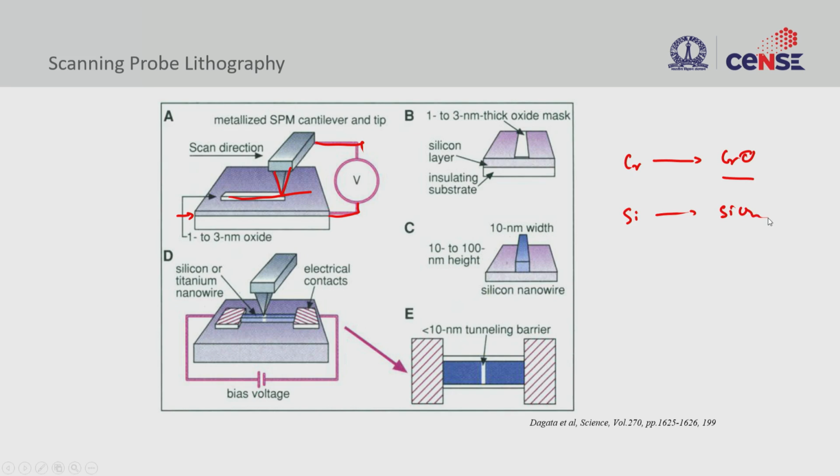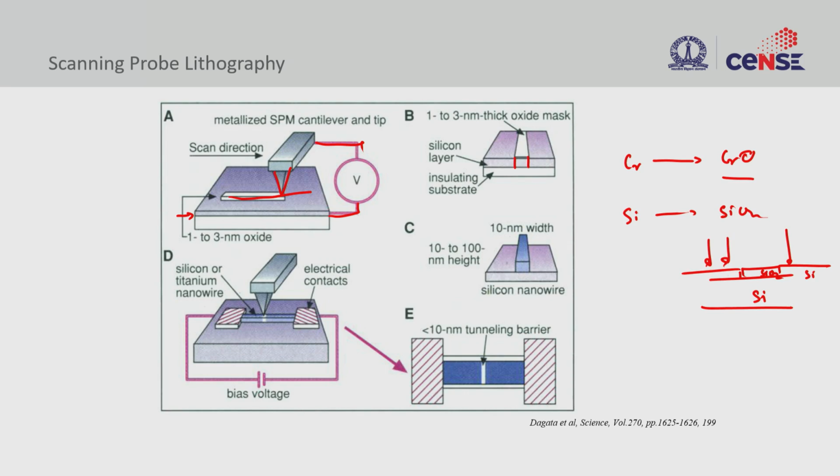And this silicon dioxide can be used as a mask. So now you have oxide sitting on silicon, and you use that as a mask and then transfer the pattern. So we can use a dry etching process, where you write a very thin layer of silicon dioxide and then you can etch silicon. So you oxidize this layer and the other parts are still silicon, and then you can etch this layer while silicon is etched and silicon dioxide can stay, and this is how you transfer the pattern